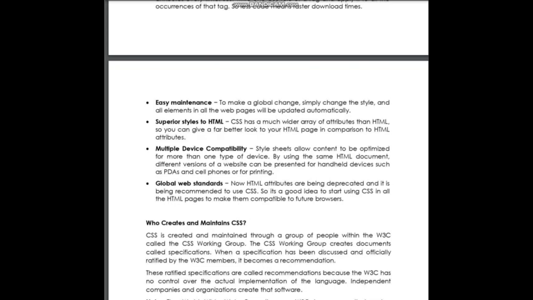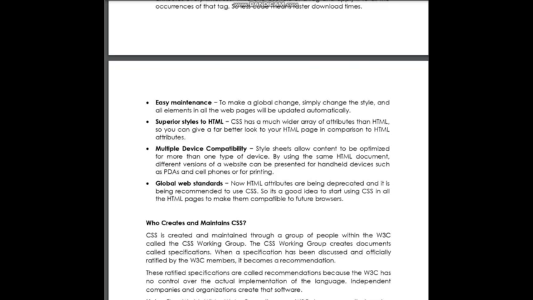Now, pag sinabing deprecated, dinidiscourage na gawin yung ganong klase ng pagpapalit ng properties or attributes. Kasi nga, pinopromote na gagawin or gamitin si CSS para mas maging optimized, mas madaling palitan yung styles and design